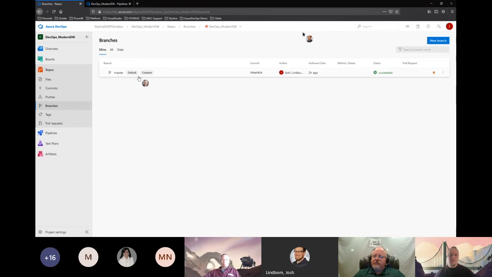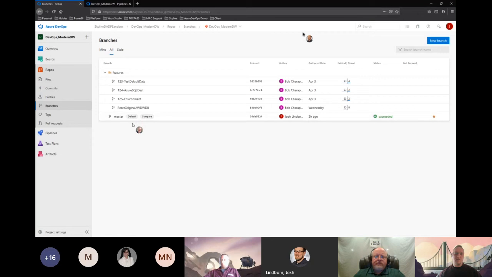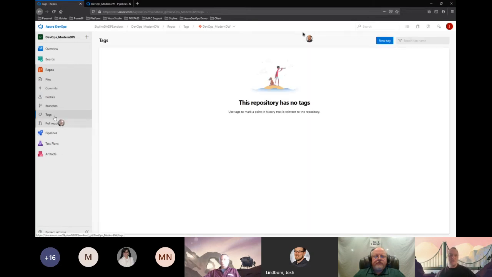Right now, we only have master, but if you had more, you could look at multiple different branches, and you can see that there are some different test feature branches that we have with some development that we're performing on the AdventureWorks DW. You can tag your branches right inside of here, which is essentially typically what you do when you release a branch, and you'll see that we're actually monitoring the master branch as we move forward in our demo. But when you release a branch to production, typically you would tag that branch so you know what release that